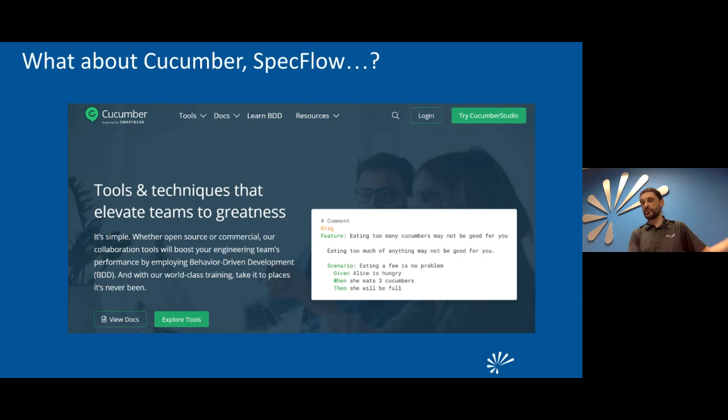And then as a developer, I just need to implement the features, right? Important thing here is that I've talked to a lot of developers who at times ask, well, but I don't do BDD because then I have to set up Cucumber and or SpecFlow and there's DevOps and there are servers and blah, blah, blah. No, dude, just grab a napkin and if you can write the thing that you're going to be building on your napkin as given when thens, that is a huge progress